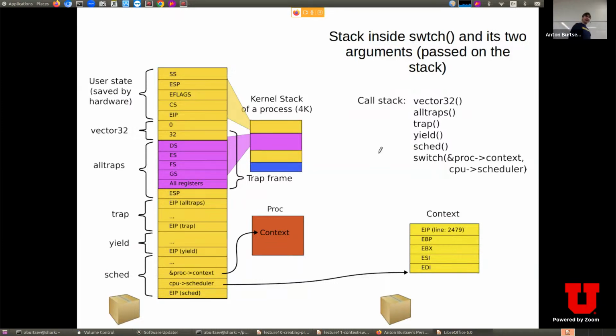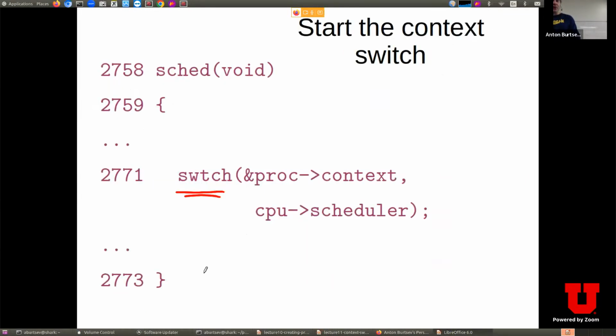This is how the stack looks when we invoke the switch function. Remember, the switch function has 2 arguments, right? So these 2 arguments are pushed on the stack according to the calling convention. One is a pointer to the context, and this is the pointer. And the second argument is the pointer to the scheduler, or, as we'll see later, the context of the